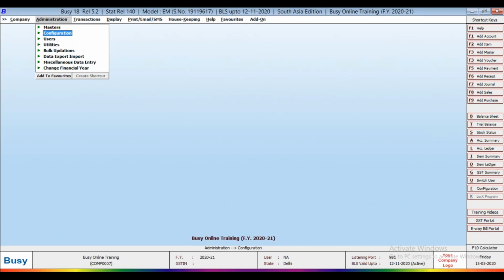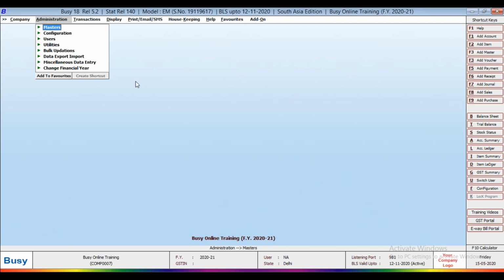Now make a transaction of the defined item. After that, you have to check the royalty calculation report from display, royalty calculation report for the defined period, and press F4 for making the general voucher posting in the author accounts. After that, you have to make a payment voucher to pay the royalty amount. So this is the option.